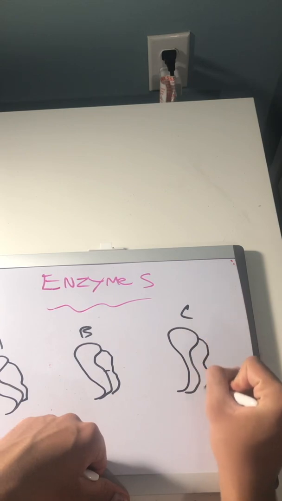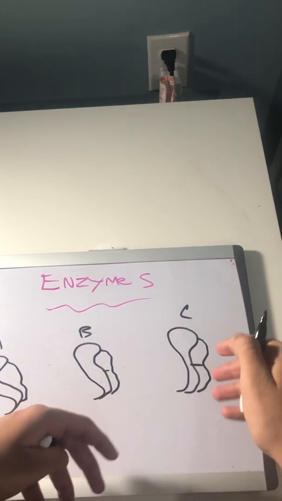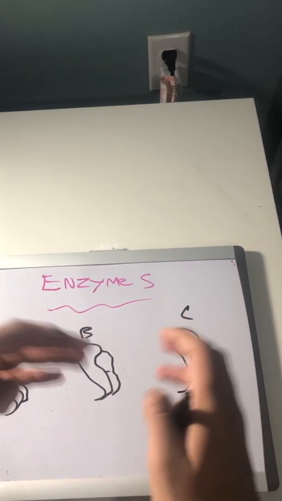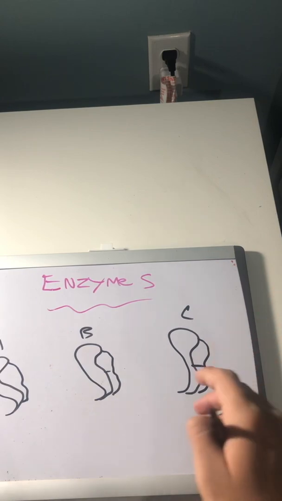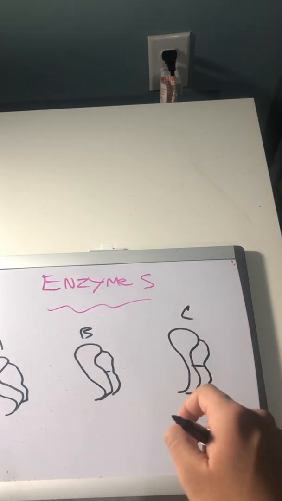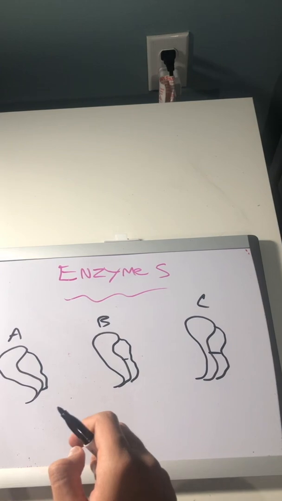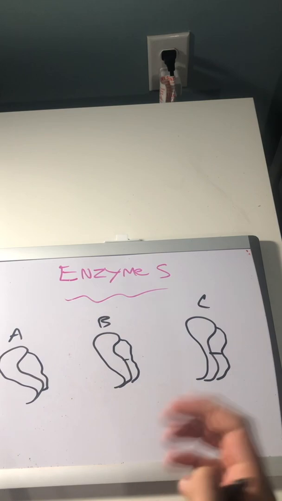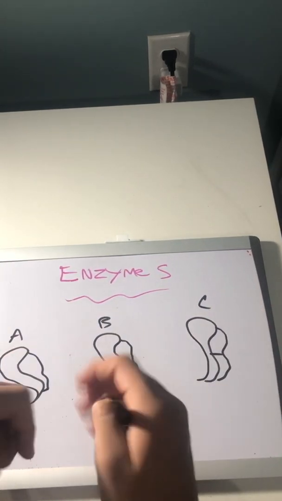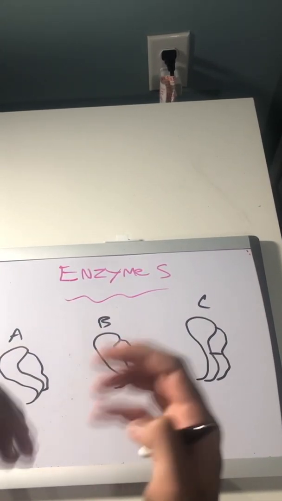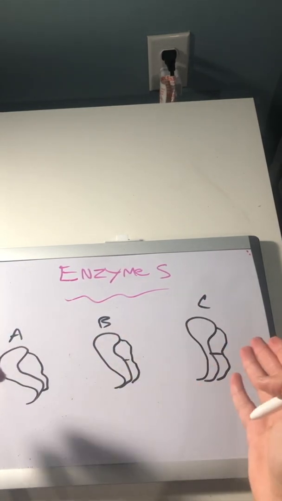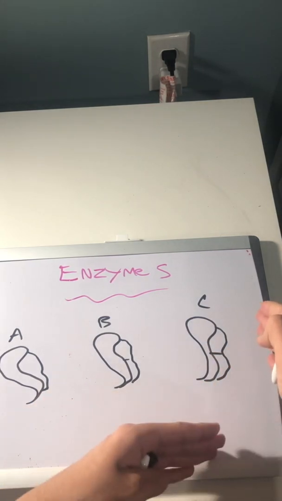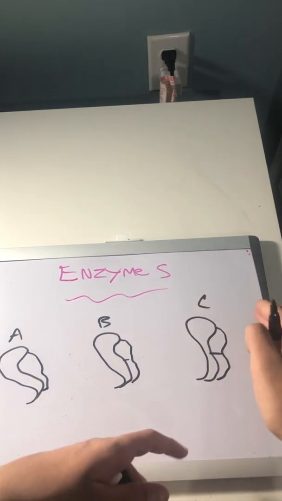which is the final product, and by the way, I forgot to mention, products can be broken apart or they can be formed, which is catabolic and anabolic reactions. When they're broken apart, they're called catabolic reactions. When they are brought together for many bonds to occur, this can also be referred to as an anabolic reaction. Anyways, back to the main part. When product C has taken place,